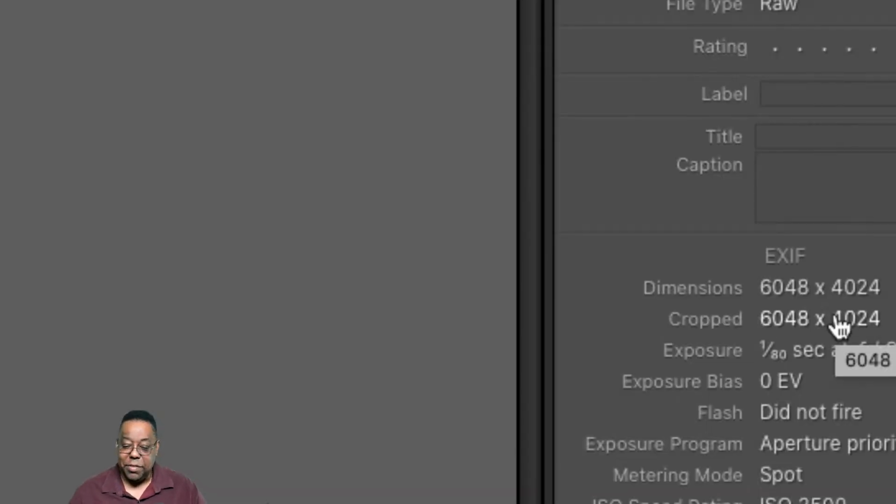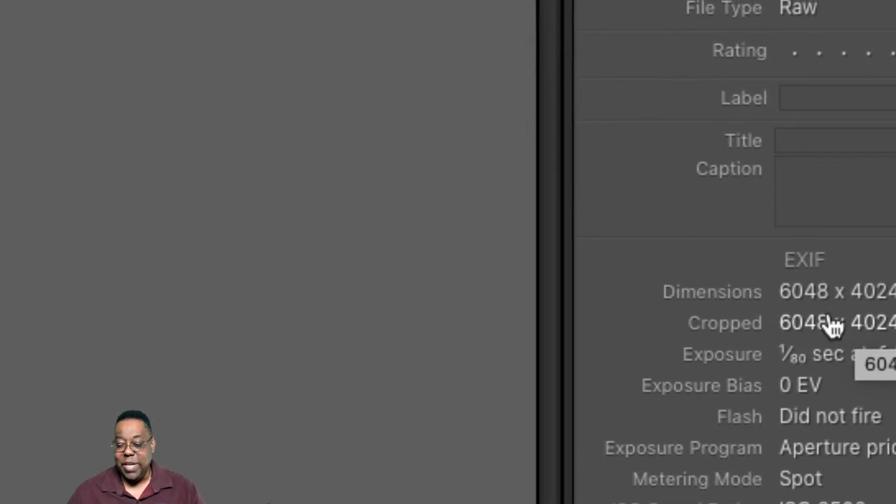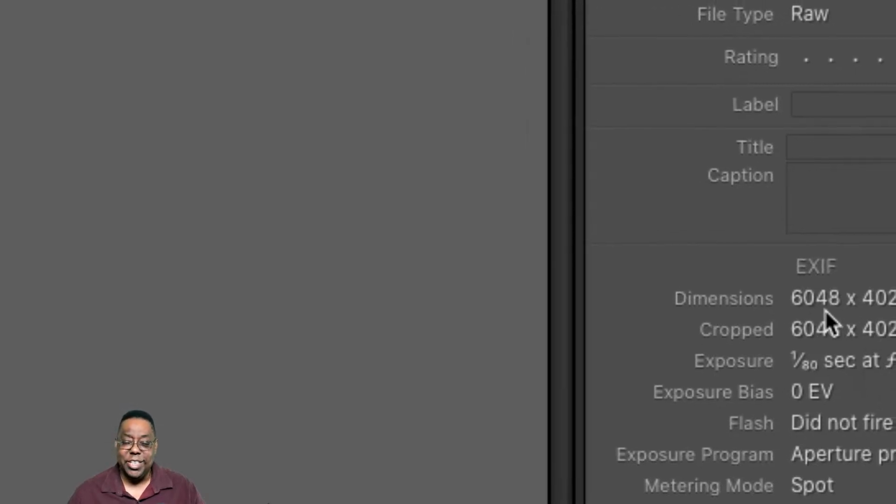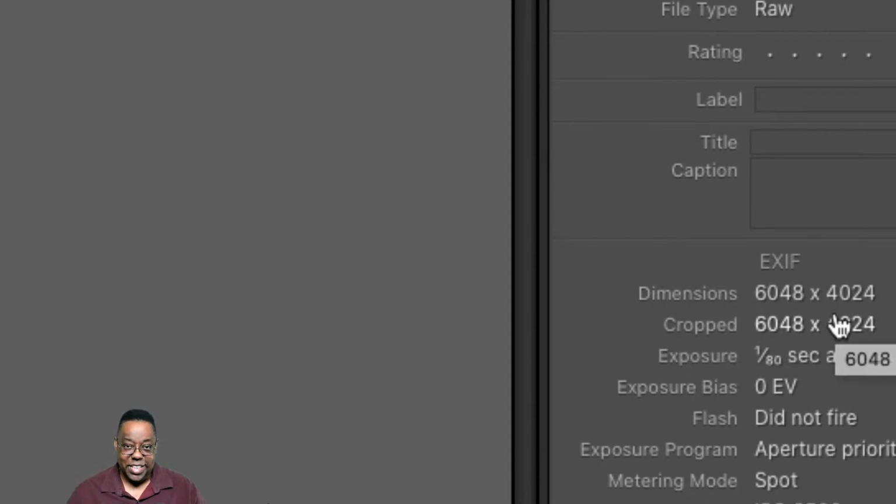It's a 24 megapixel photo, so it's 6048 by 4024. But a smart preview is only 2540 on the longest edge, I believe, but it could be 2560, it could be 2500 pixels on the longest edge. So that means it's smaller than this. But that's okay, because you still have the full resolution in Lightroom Classic for printing and higher resolution output or whatever you're going to do. It's just syncing a smaller version of it to the cloud from Lightroom Classic.